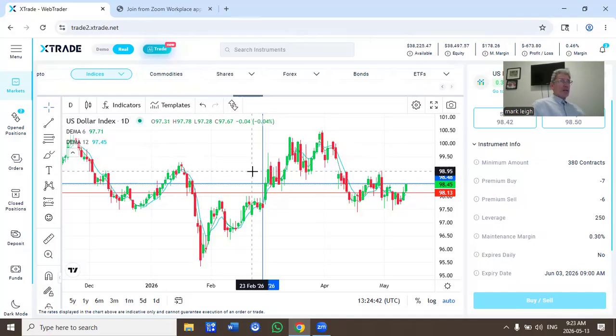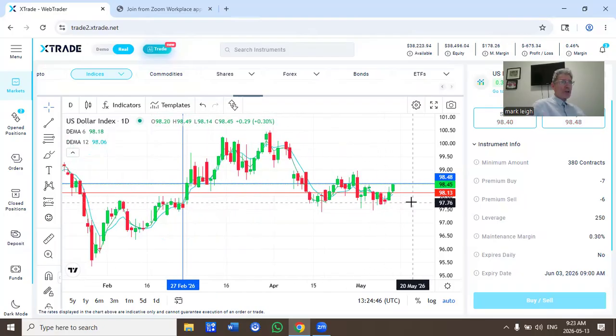US session well underway, and let's have a look at the US dollar's performance today. There we see strong follow-up from yesterday. Demand for US dollars, the index gaining again. I've got support at 98.13 and resistance at 98.48. Higher high, higher low. So certainly a strong start